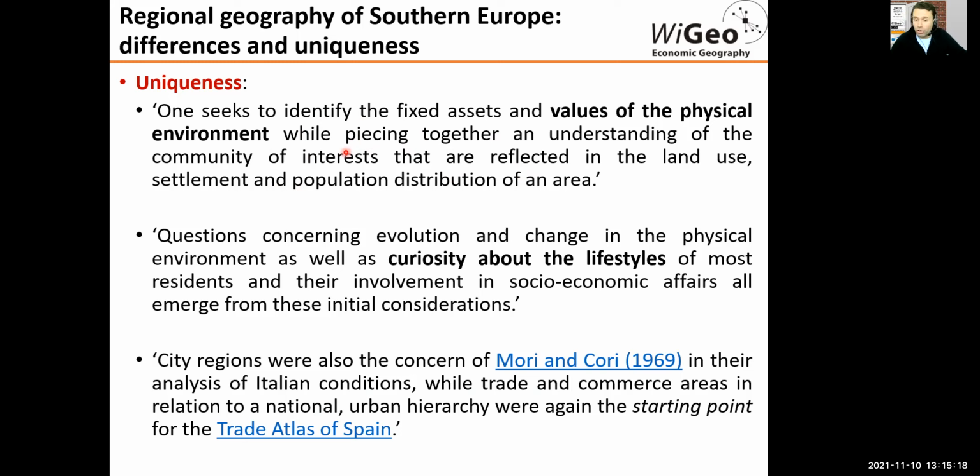While other geographers pay more attention to the lifestyles that coexist in that specific territory, and all of these studies resulted in different outputs, some in the form of maps, some in the form of more descriptive pieces, we can then take this as a starting point of a more defined regional geography of Southern Europe. And some of these studies even influenced the way the European Union started developing its regional policy, targeting